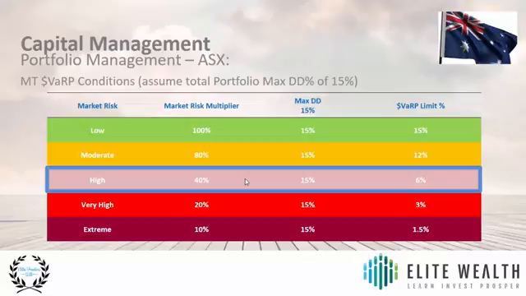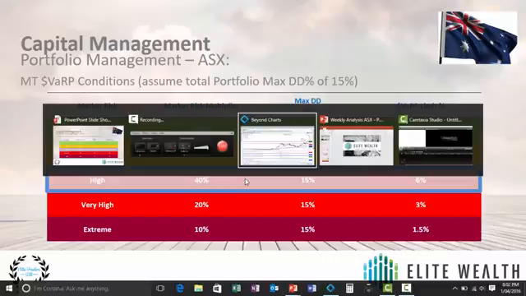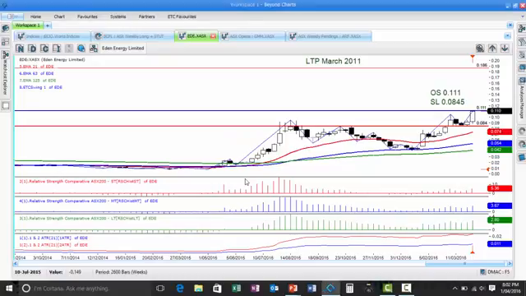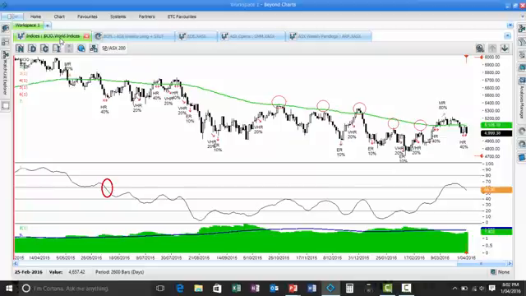Let's go through now and have a look at what the index is actually doing. So what I'll do is bring up Beyond Charts and have a look at our XJO, which is the ASX 200 index. Really interesting, again, observing what the market's doing in relation to this longer term 125-day moving average. Again, this is applied on a daily basis, but over the longer term tends to work reasonably well. You can even use a 200-day moving average if you like, or even out further a 250-day if you really wanted to. But certainly, every time we've come up to this sort of level,